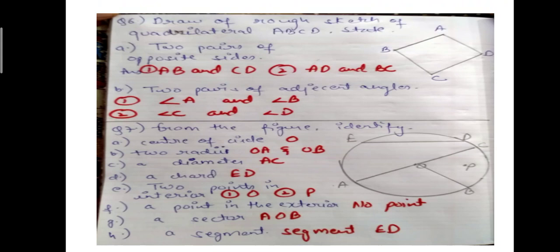We have to find two radii. When we say radius, that means we have to name one line segment. When we have to name more than one line segment, then we use the word radii. So radii, RADII, is the plural of the word radius. Okay, so here we have OA as radius, OB as radius and OC as radius. ठीक. So we have to name only two. That is why I have written OA and OB. You can write OB, OC, OA, any of the three.